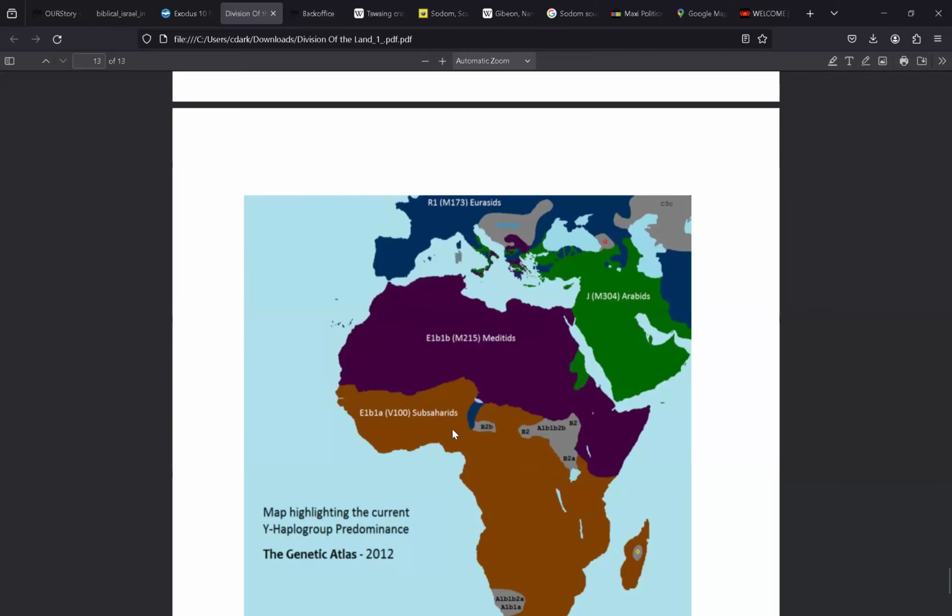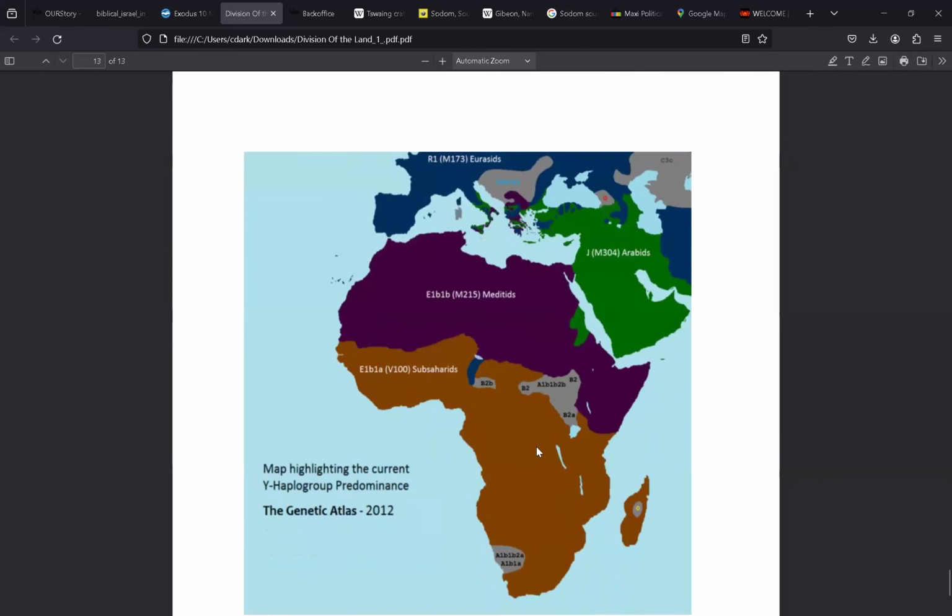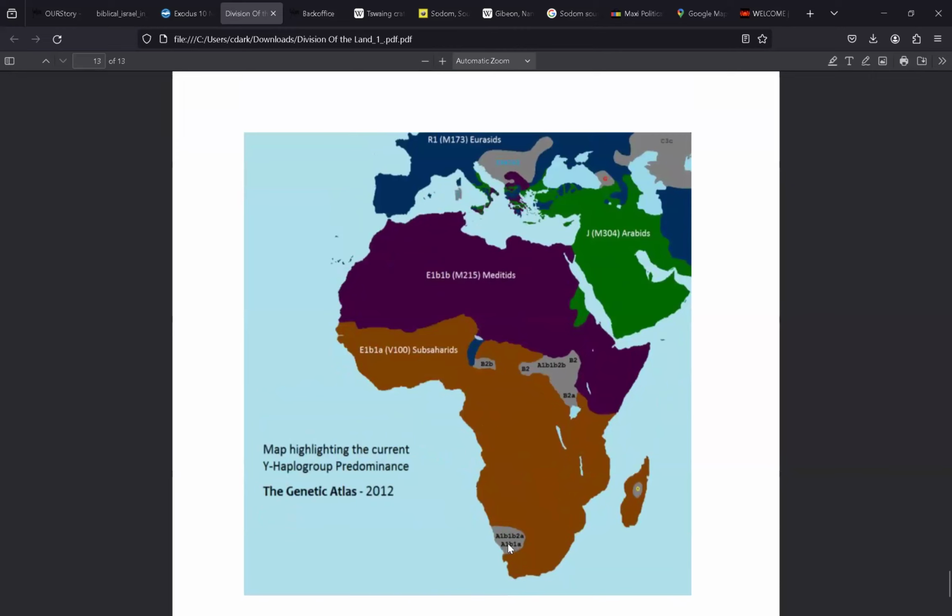They don't exist. So this map shows the dominant haplogroups throughout Africa, the Middle East, and Europe. In that area, this is the Sahel right here. This is where the Rafa, Tana, the Rafa goes, right? And this is where the river Tana is, where the mouth of it is. So we're now marking this to what was defined as Shemite territory, right? And then within that, you have some small subgroups that don't follow the E1B1A protocol,